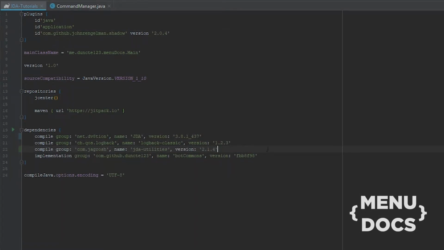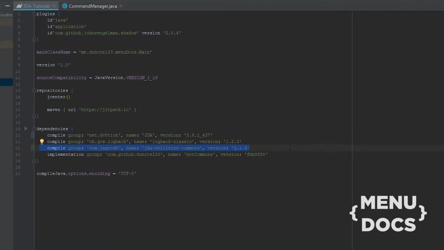And we're not just gonna get JDA utilities, we're gonna get JDA utilities commons, which is a smaller package than the entire JDA utilities one, and it just only has what we need. So now that we have updated JDA with the latest patches and features from Discord, and we have the JDA utilities library included,